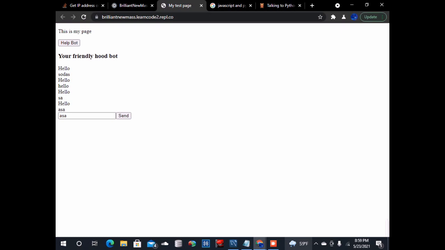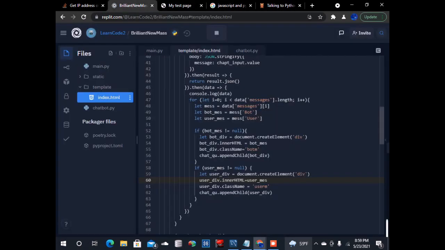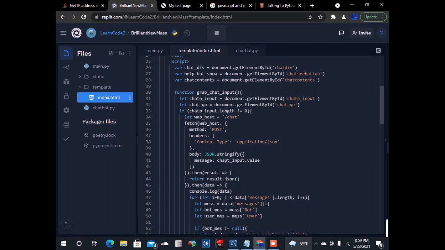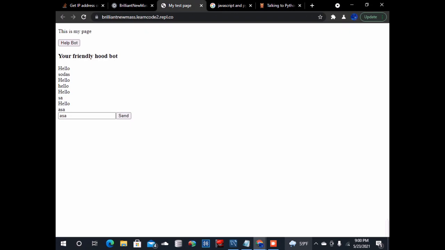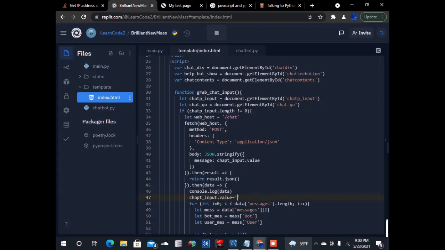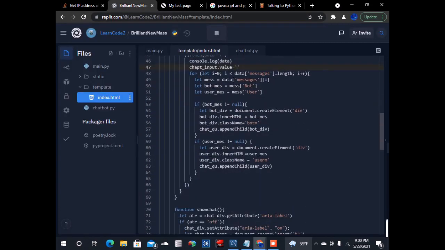Dang it, it didn't work. One more thing. When we grab it, we want chat.input.value equals to this, because this is how it should look. Yeah, but well, if we can't align it properly, we may as well